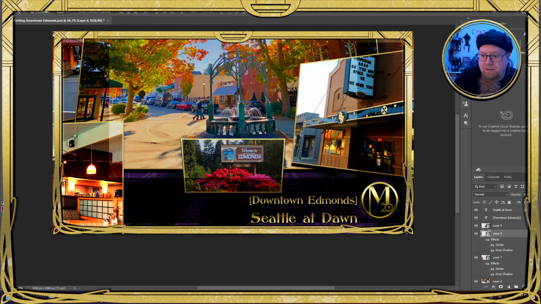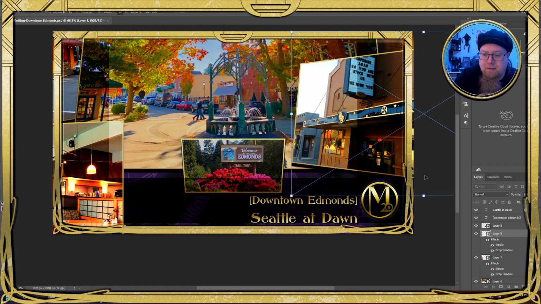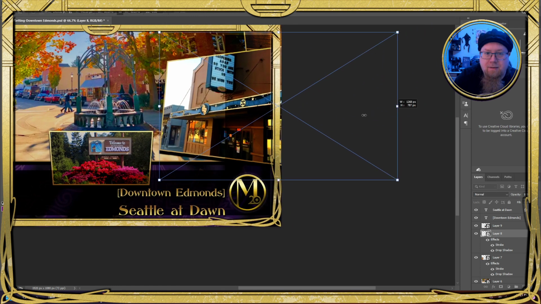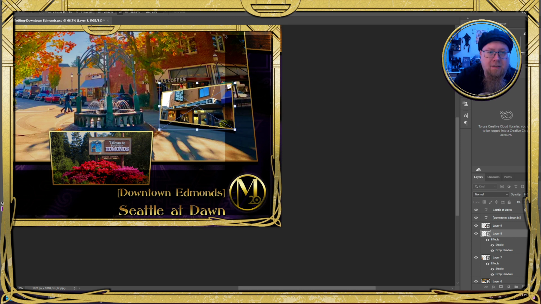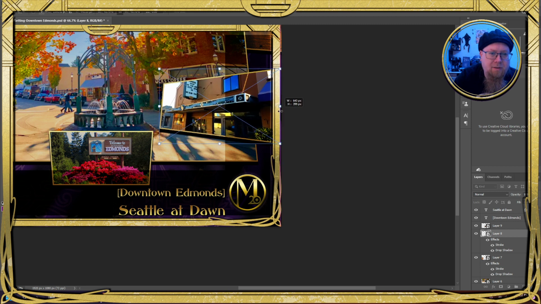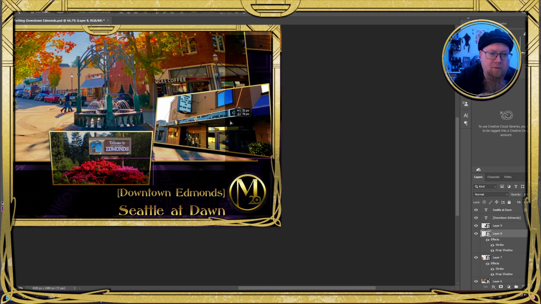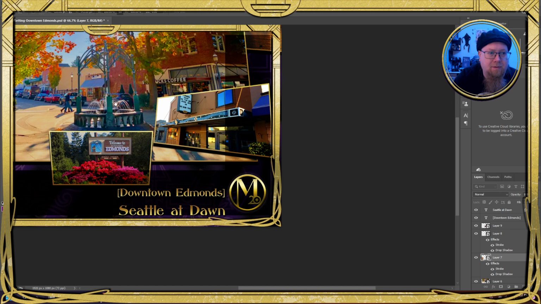Do the same thing here. We're going to scale it in. And as you can see, we've got the focus area where it shines bright. And so we know that that's going to be in that area. I'm going to leave it a little bigger than I probably want, because I will probably do even more resizing. I just want to get all of these sized in a way that I can manage them, that I can deal with all of them.